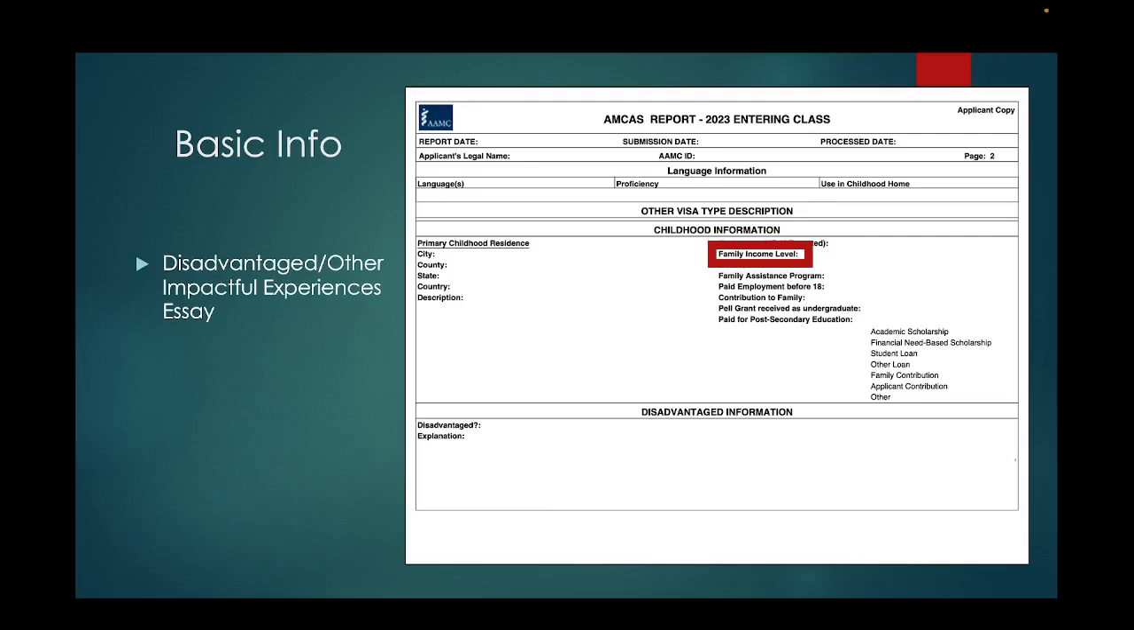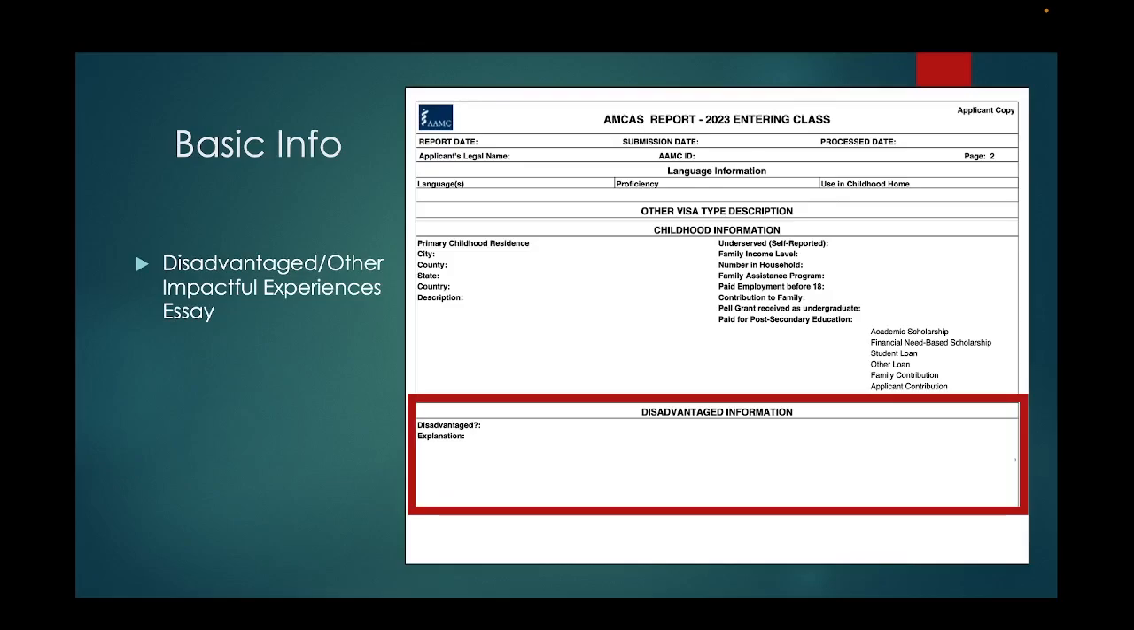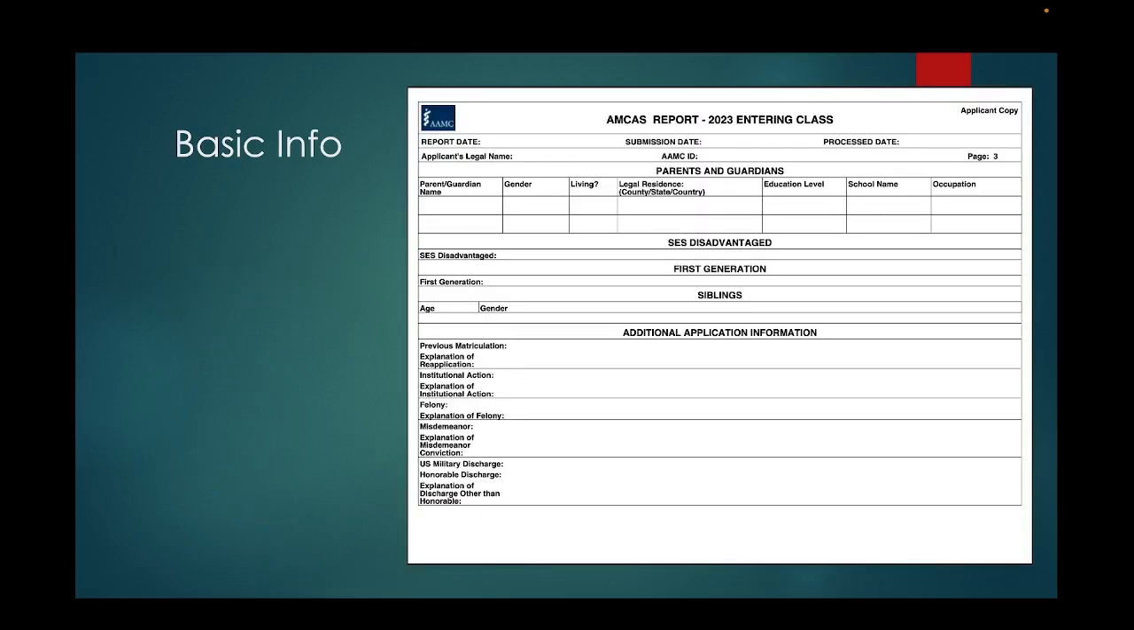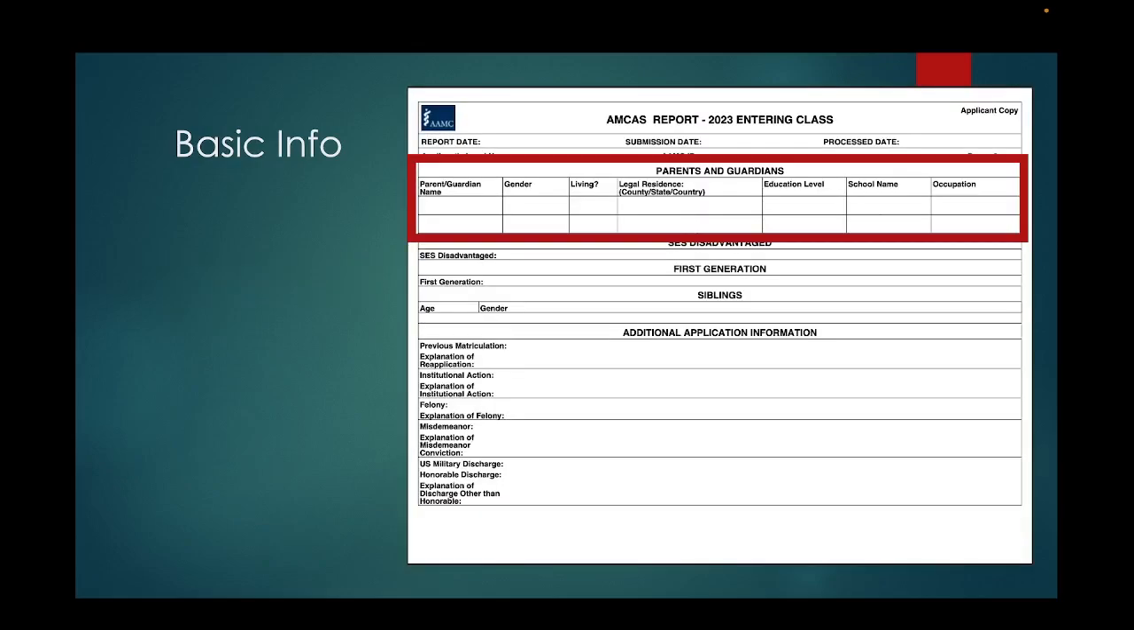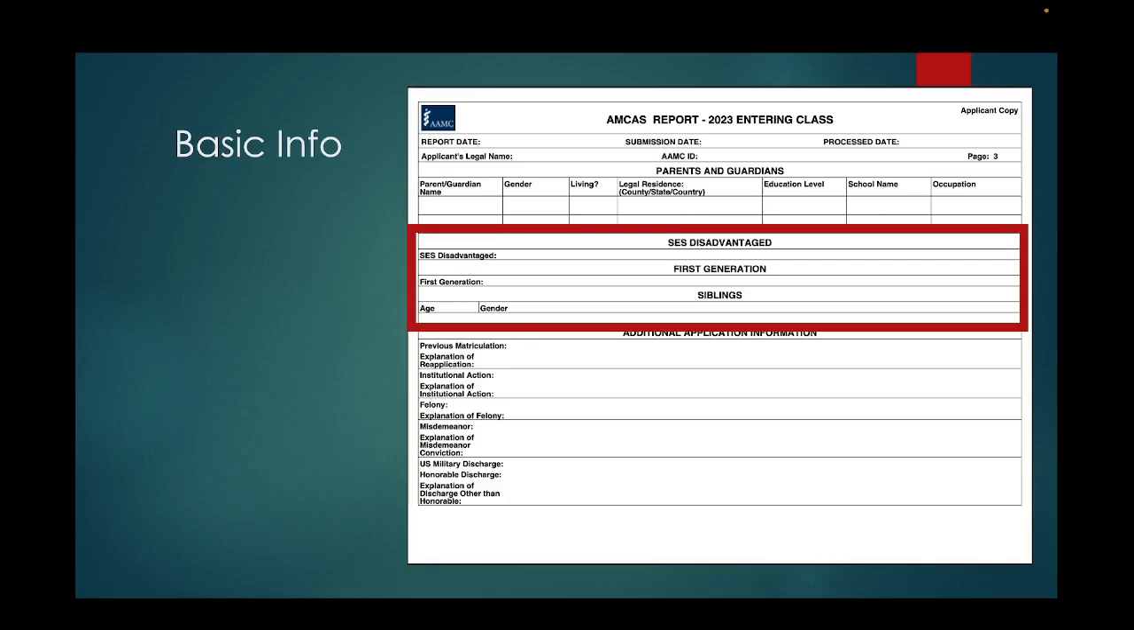Your family income level on average for the first 18 years of your life. Did you have a job and did that money contribute to family income before the age of 18? And how did you pay for your post-secondary education? This is also where your disadvantaged or your other impactful experiences essay comes in, but we'll get back to that in a bit. The next page will have the parental or guardian information, so education levels and occupations, your socioeconomic